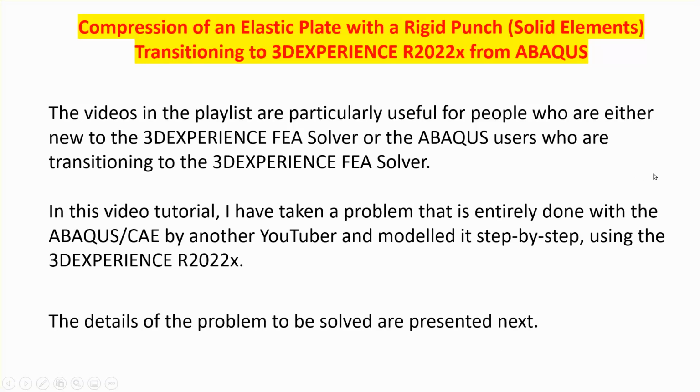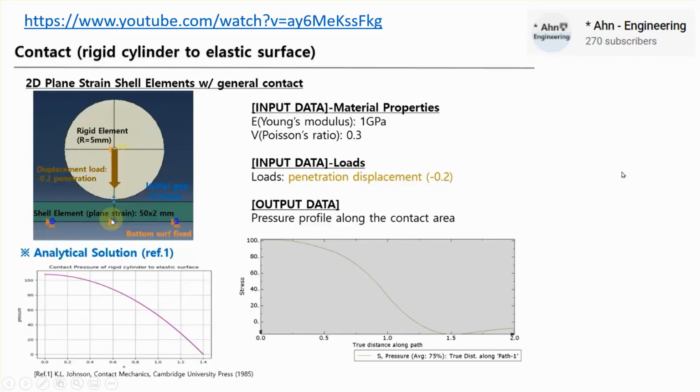So this particular video that I'm taking is from this YouTuber's channel, and the link is here. It is the pressing of a relatively rigid, cylindrical punch onto a softer material down here. There is some analytical solution for this that is coded down here,